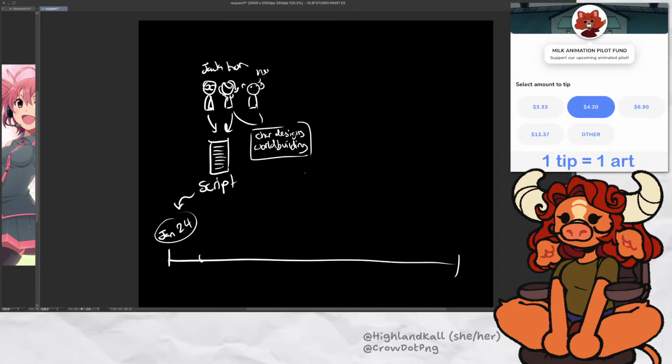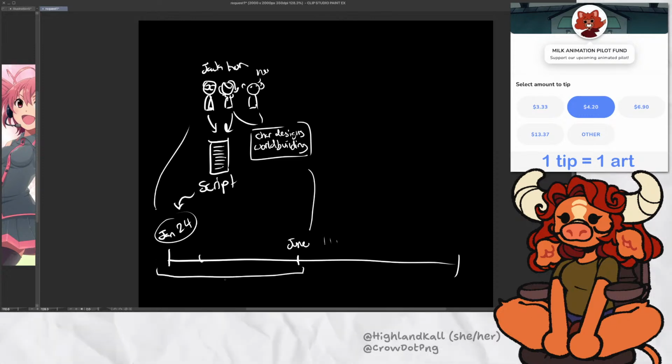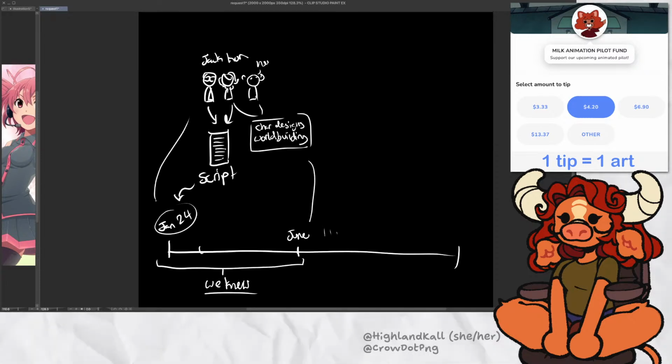And once we had both of these set up, by that point it was around June. So all of this portion, even though some of it does bleed into this part here, this is when everything was solidified and we knew what was going to happen at this point. Everything from the story to the characters, all of this stuff was planned out at this point.